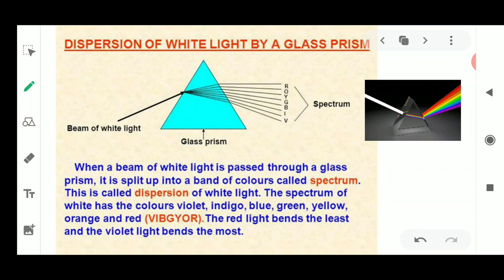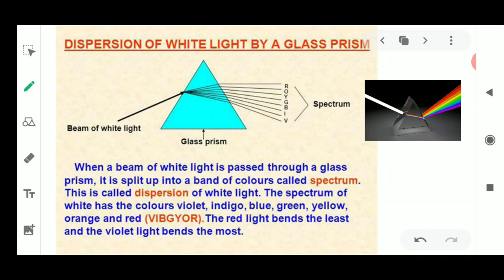The spectrum of colors consists of violet, indigo, blue, green, yellow, orange and red. It starts from the lower side with violet, then indigo, blue, green, yellow, orange and red. The first letter of each color forms another word, which is known as VIBGYOR. This is the short form for understanding which colors are present from bottom to top, and it is also the spectrum, made up of 7 colors. The 7 rainbow colors are also formed because of this dispersion.